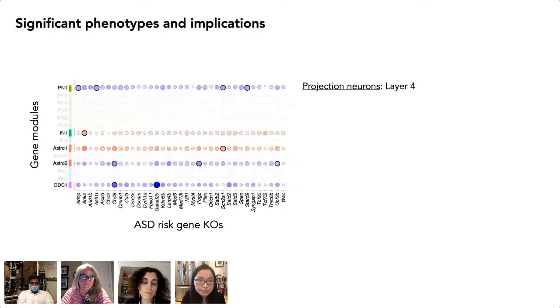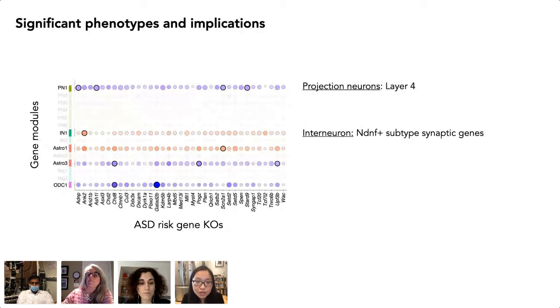And secondly, we also noticed that ANK2 perturbation is associated with upregulation of a module in the interneurons, in a specific subtype of interneuron expressing NDNF. And in this phenotype, we observed the upregulation of many synaptic proteins, including GABA receptors as well as ion channels. And we suspect it's related to ankyrin's role in